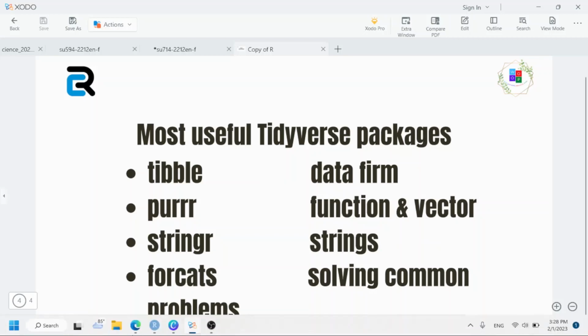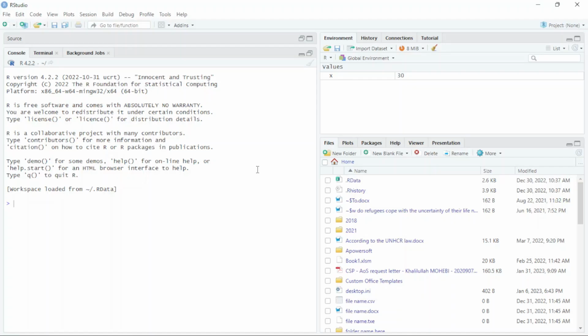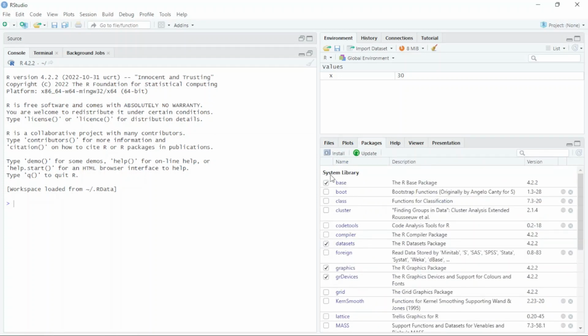So I just come here to RStudio, and here you can see I have the console, and I have the files here, and here I have the plots, and here are the packages. When I click here, you can see I have the system library, and these are the simple packages. If I want to install other packages, it's pretty easy and straightforward. I just come here to the console and type here